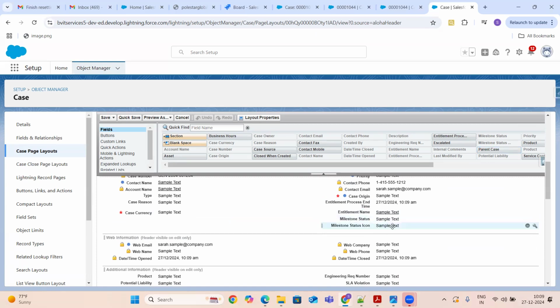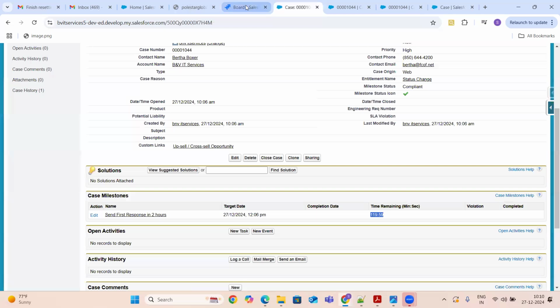And this status icon. These are the three fields. You come here, there is a fields option. Then you will see all the fields which are available. Then you just need to drag the fields to the respective section. These are the fields I have dragged into my page layout. When I am creating the case with my entitlement process, the milestone status and milestone status icon will be created automatically, guys. You don't need to do anything. Even entitlement name will be populated automatically when you create the case from the entitlement record.